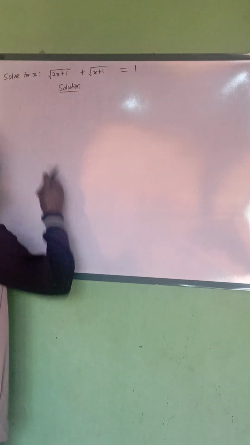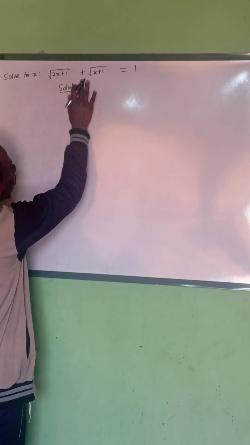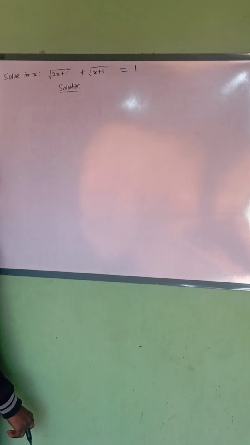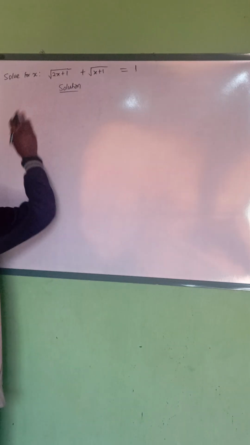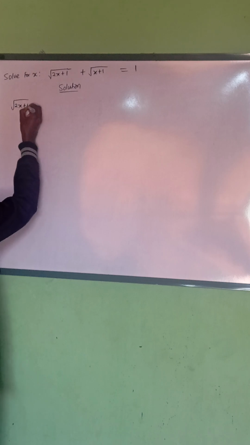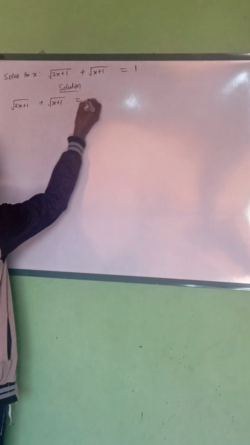Follow me. Now, we have to solve for the value of x. Root 2x plus 1 plus root x plus 1 equal to 1. Now, we are solving for the value of x. How can we do that? Follow me. So, we have square root of 2x plus 1 plus square root of x plus 1 equal to